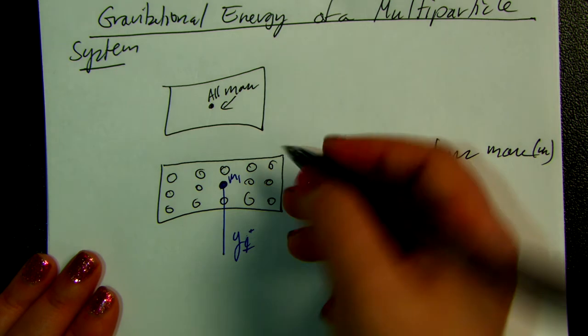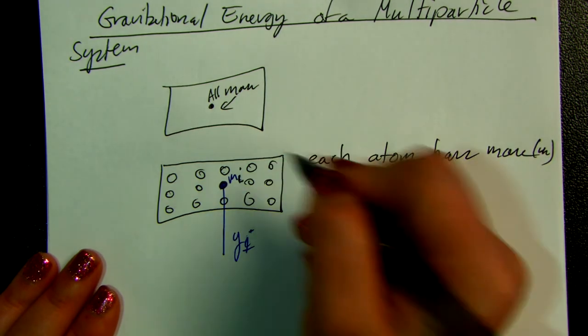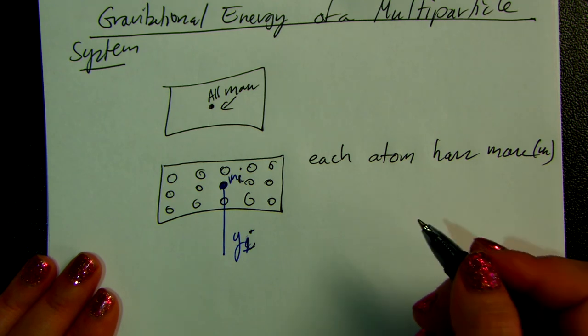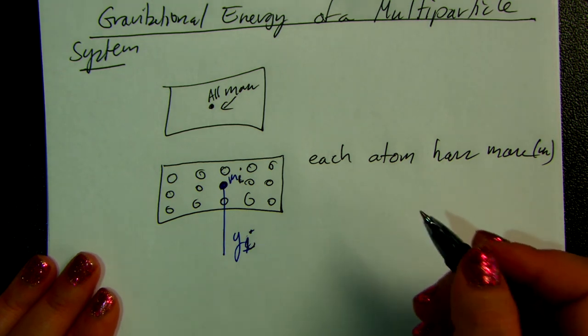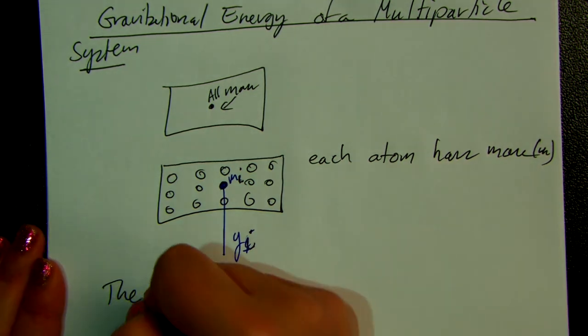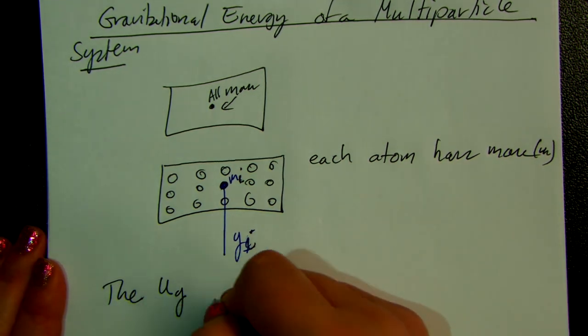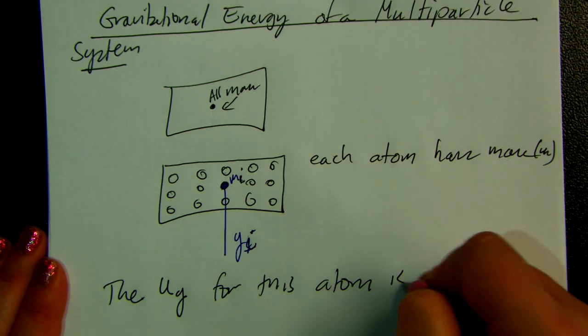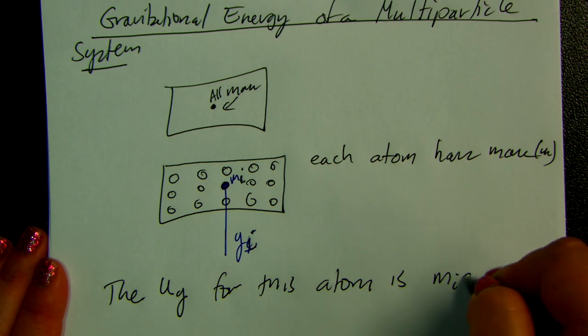Okay, so actually let's make this more generalized. So some atom mi, some distance yi above the Earth. So the gravitational potential for this atom is m_i g y_i,